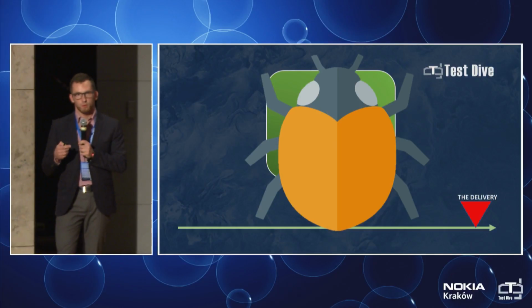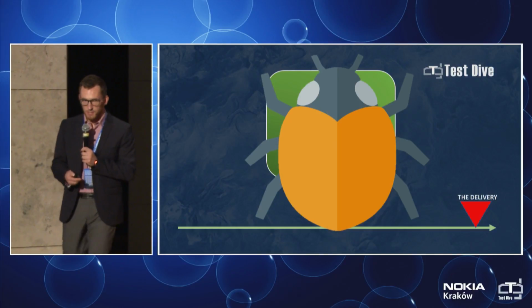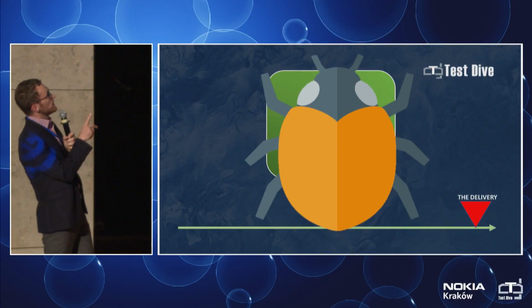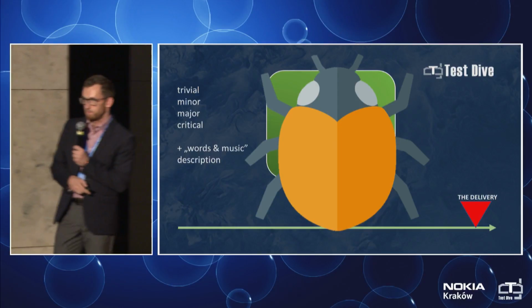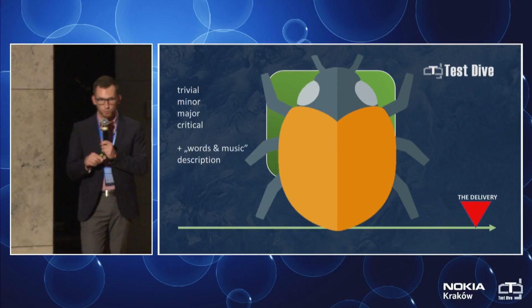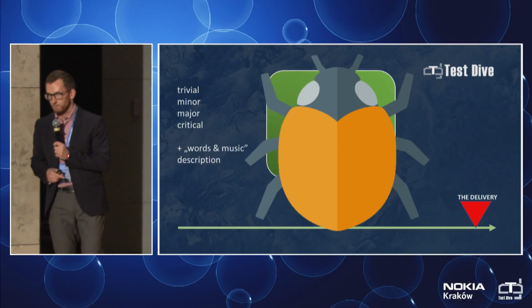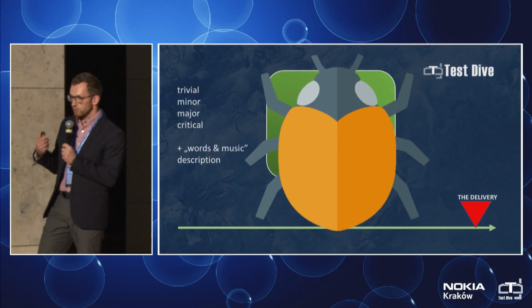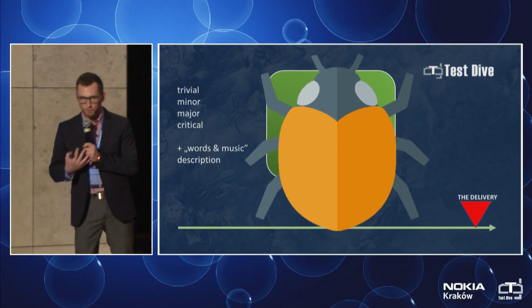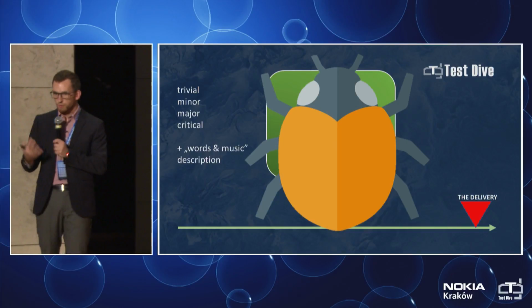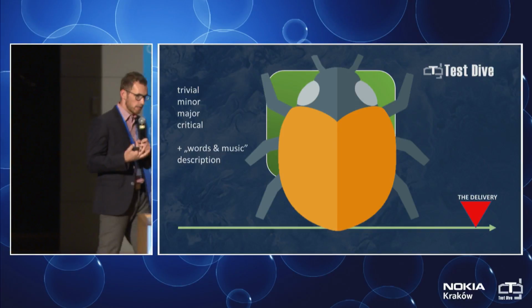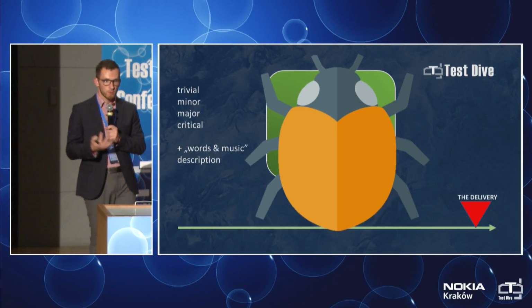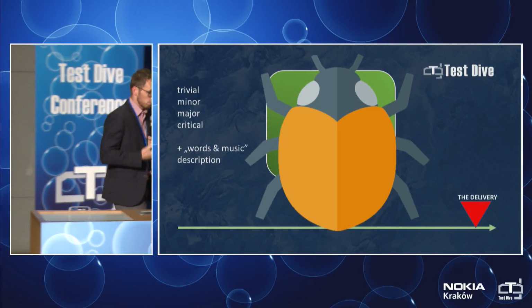But now the role of the tester is actually to properly say how big the problem is. And mind you, this is not an easy task. It requires a lot of understanding of your product